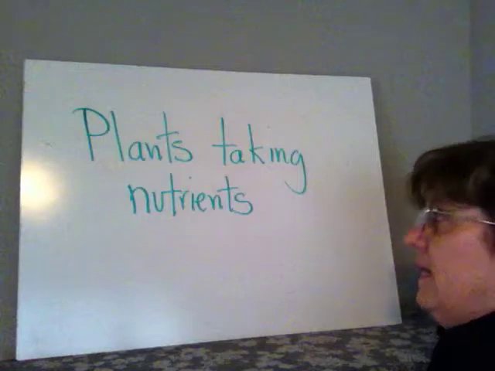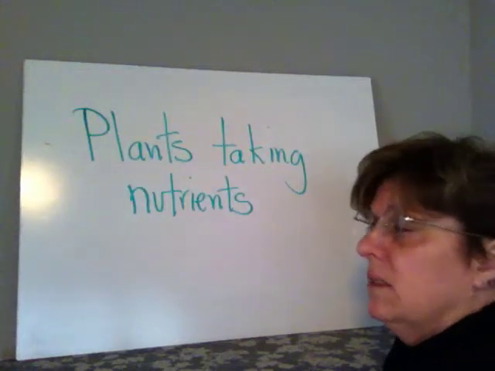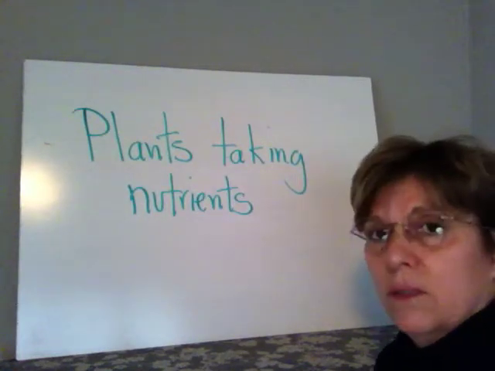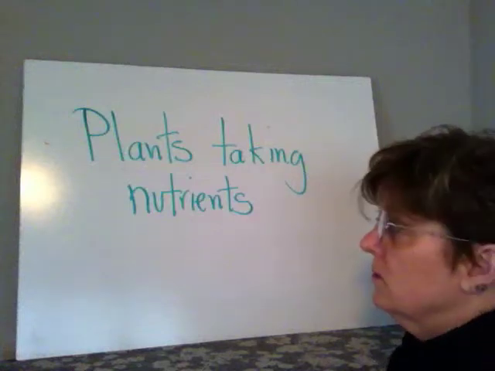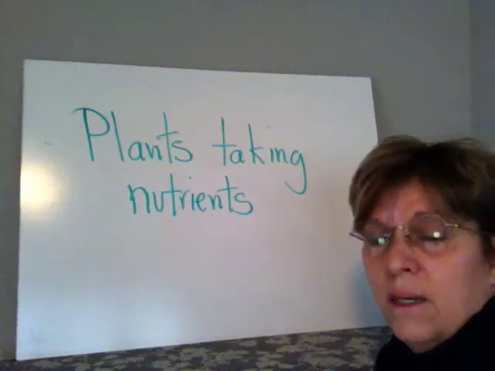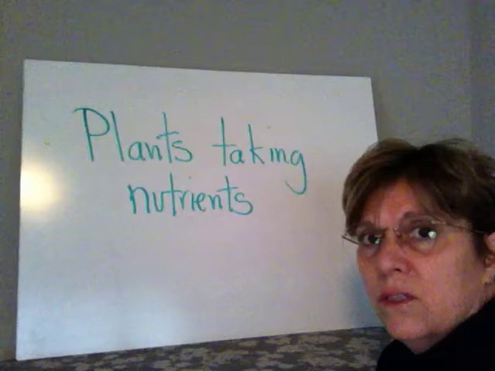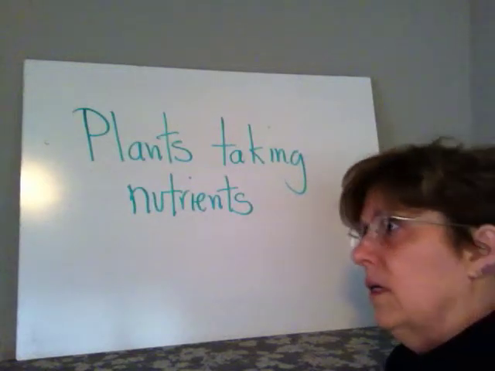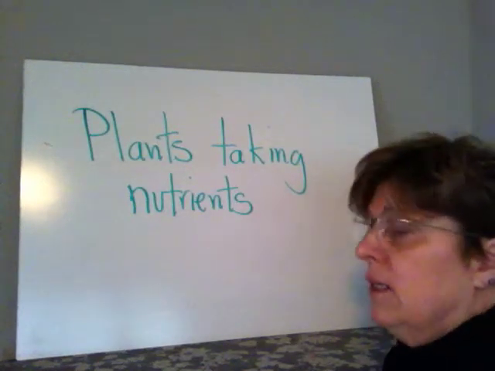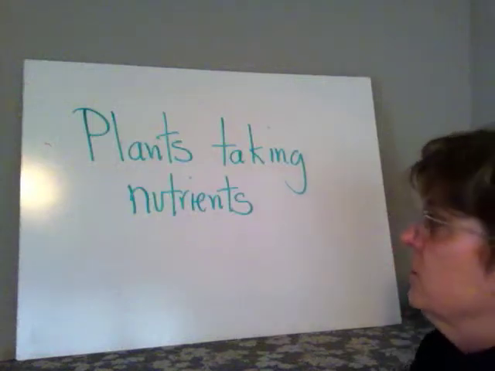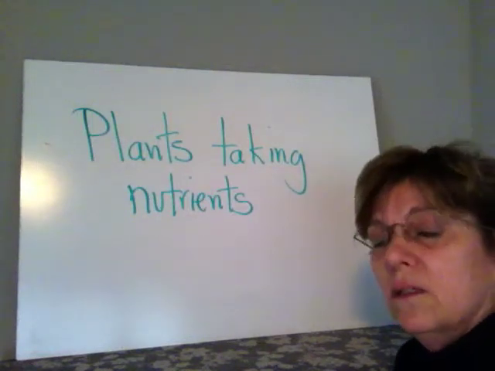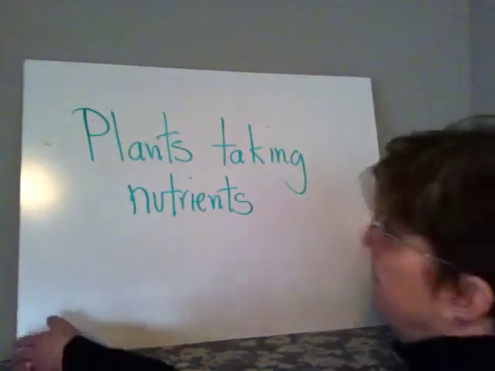Plants also can chemically change a rock. If a plant's soil or root system is close to rocks, it will take nutrients out of the rocks, and that again will change the chemical composition of the rocks. It might take some carbon out of the rock to help it grow its structures, and in doing that will actually change the original chemical composition of the rock.